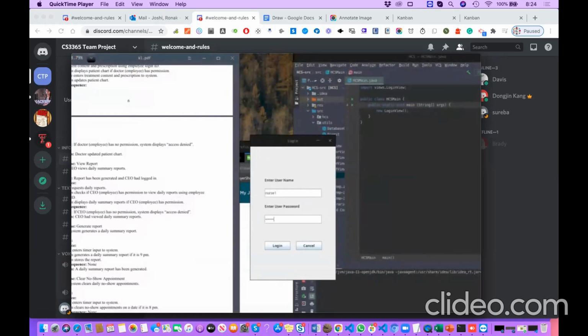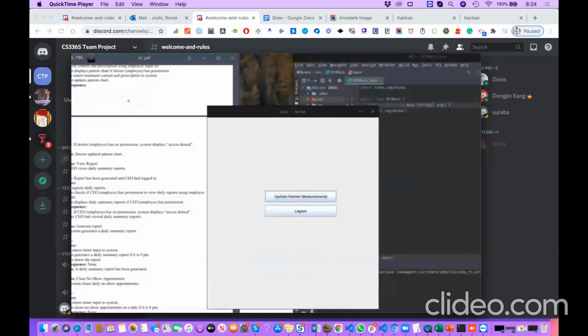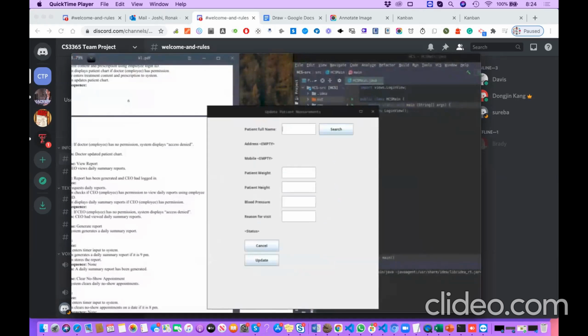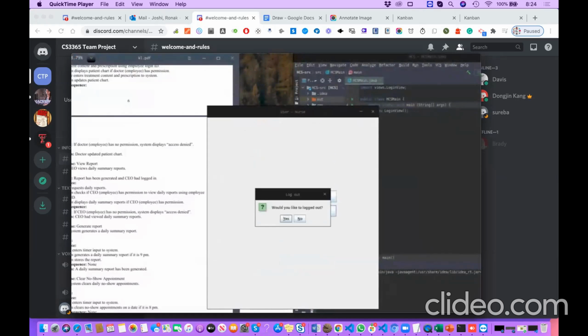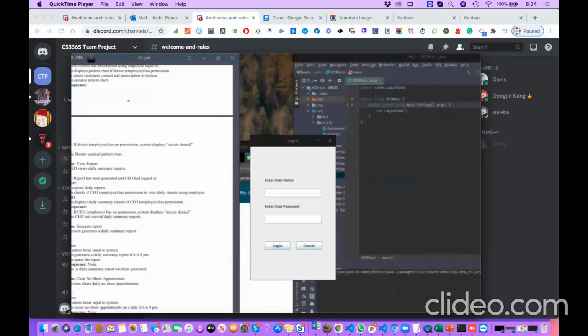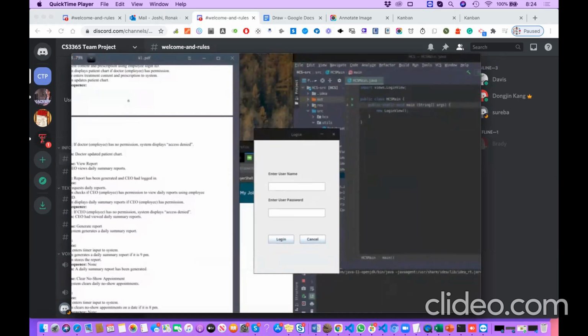After that, we see the nurse. We are waiting now. Nurse can enter and update the patient information, which will be seen by the doctor. Now we can see the doctor is